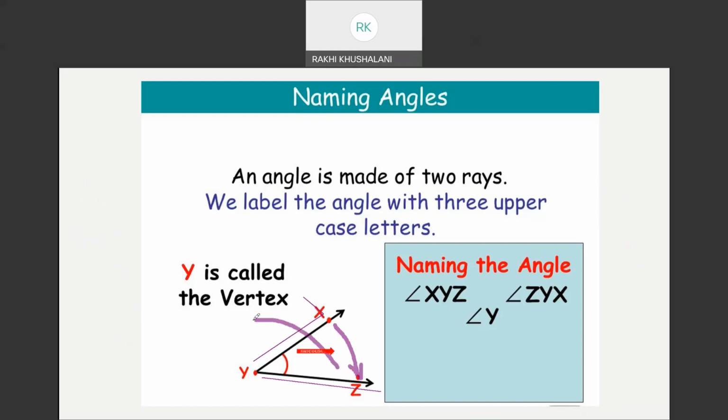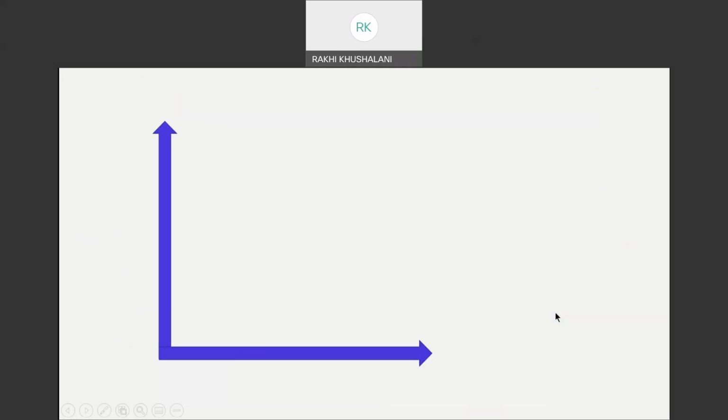And if this moves towards the outer side, the measure of the angle increases. Okay, another thing. Let's see one more slide here and then I'll go to the explanation. That is, this is your angle. I have not named it right now. Now, this is right now the straight one. Okay, now when it is straight, what happens is,